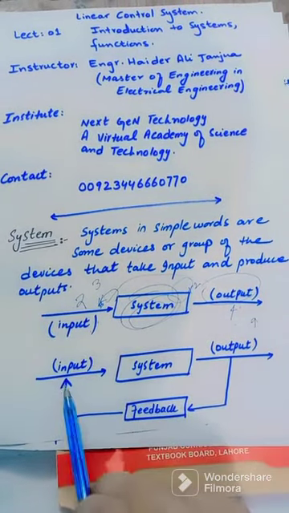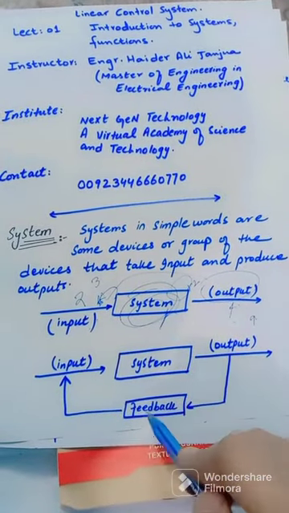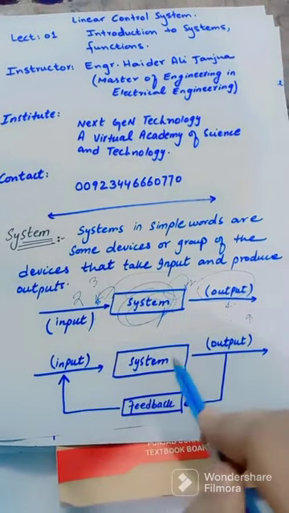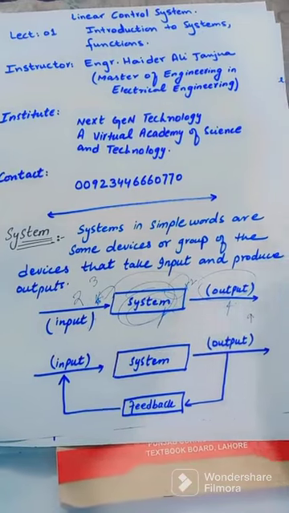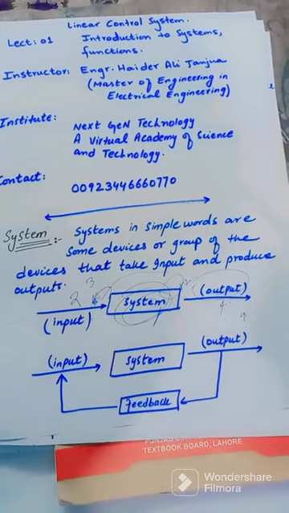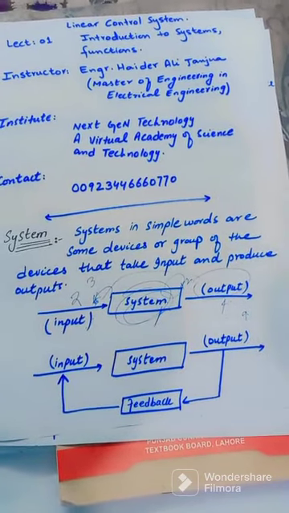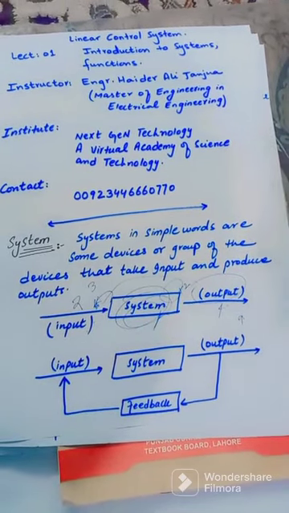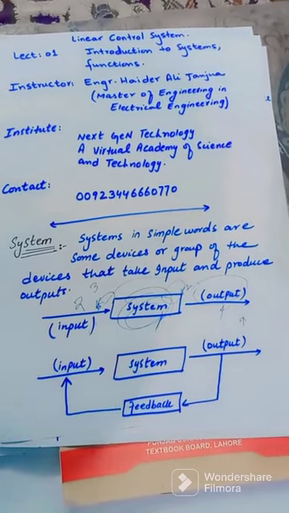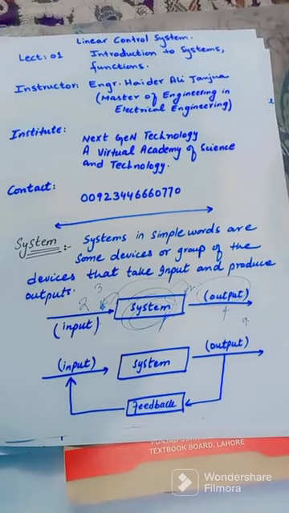You can see that there is an input and a system, just like the above, but there is another module or device, which is a feedback. So what is feedback really about? Let's say, for example, you are running an air conditioner in your room, and you set the temperature at 25 degrees. The feedback is constantly checking the room temperature and comparing it with the desired output. So when the room temperature reaches 25 degrees, the air conditioner automatically